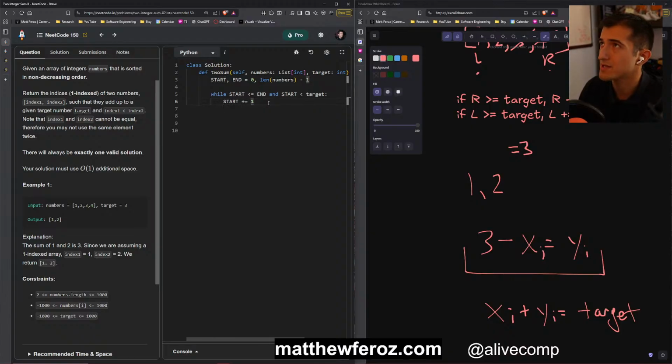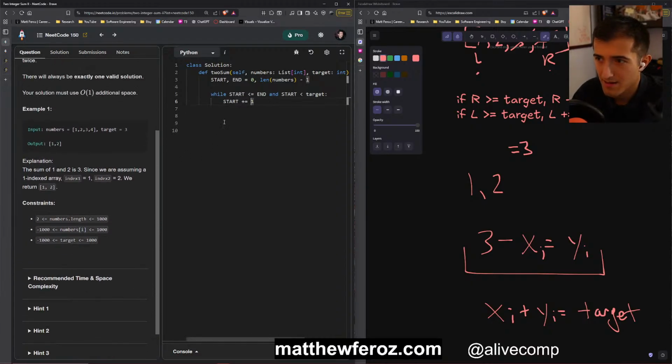Well, maybe I can just go to the value right after, we just do end minus equals 1. If end is greater than target, we can do end minus equals 1. And then what we can do here is